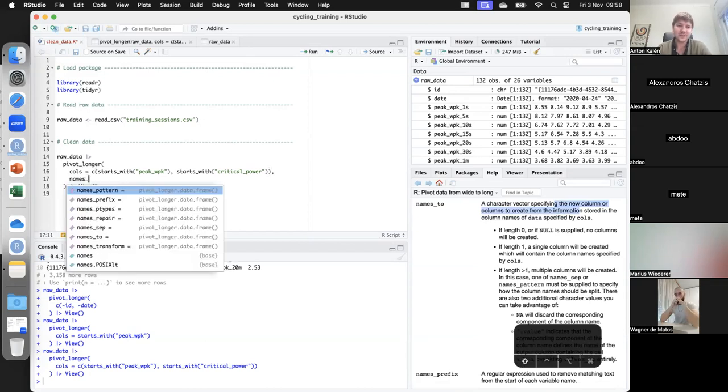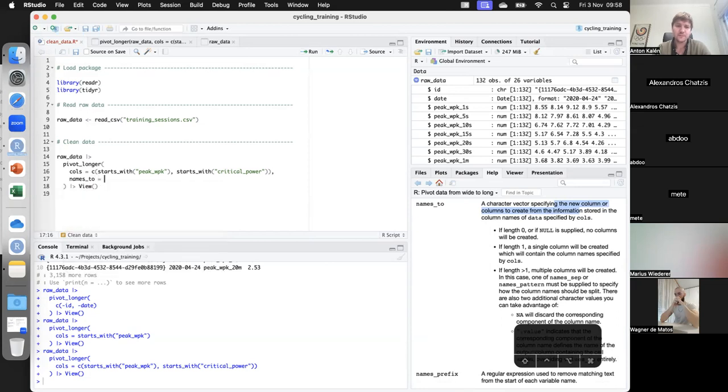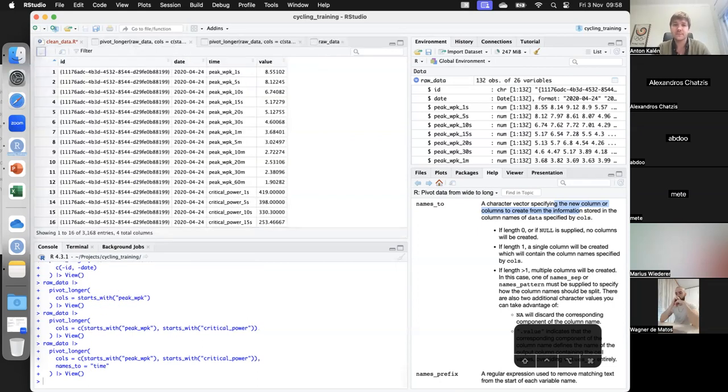Now we say names 2, and since we're working with text, we're not choosing any column that already exists. We want to create a new one. We need to use the quotes, and we call this one maybe time instead, right? We said we're interested in the different times. Okay, perfect. We run it, and we see that we've just defined a better name for this column